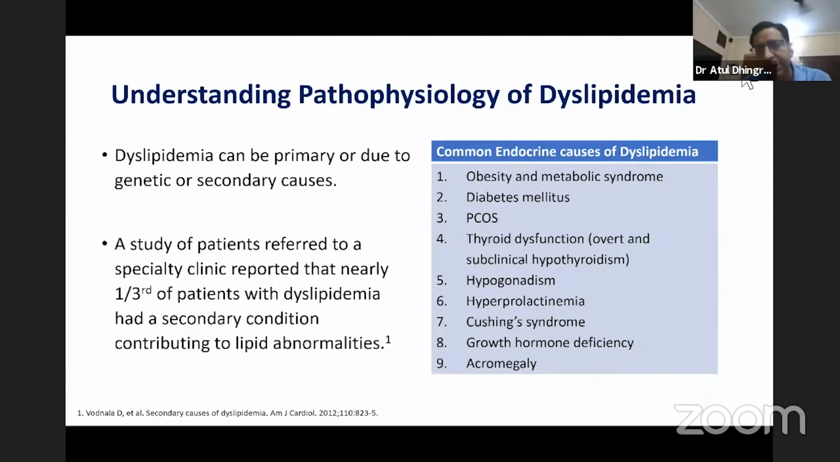And various studies have shown that the most common cause of death in many of these conditions is CV death. So again, dyslipidemia is the root cause of CV mortality, and when we understand that these hormones do play a role in the pathogenesis of dyslipidemia in these patients. One of the studies which looked into referred patients showed that 1/3 of the patients with dyslipidemia had secondary conditions contributing to lipid